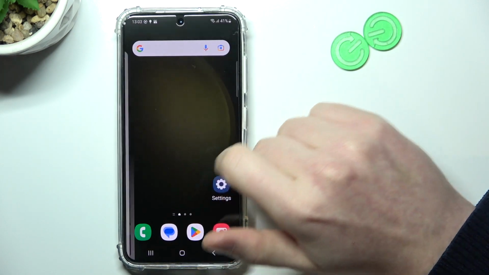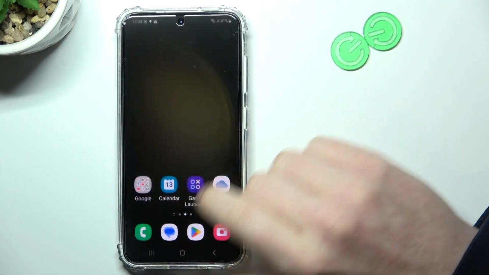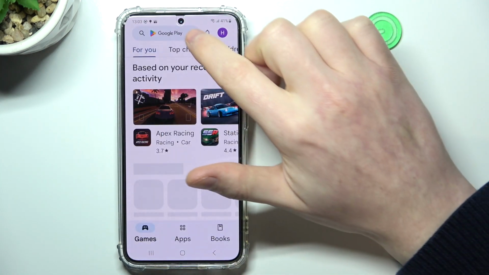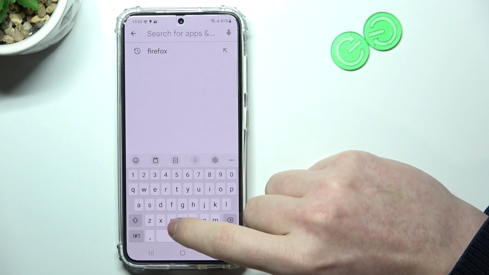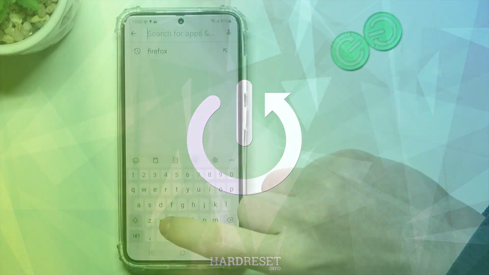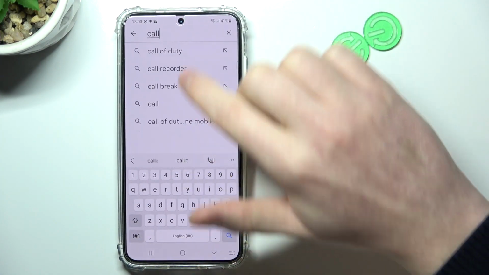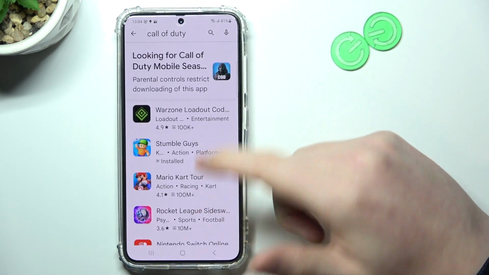Hello, in this video I want to show you how to fix the problem when you have a stable internet connection, but you cannot find Call of Duty Mobile in the Google Play Store for Samsung Galaxy S23. So right here, if we try to find the game in the search, there's no actual game that we can